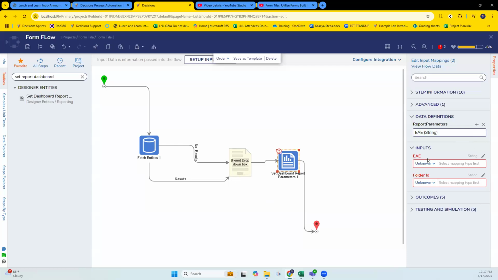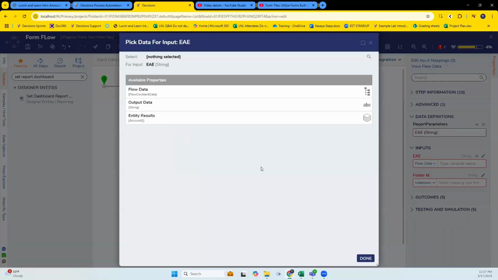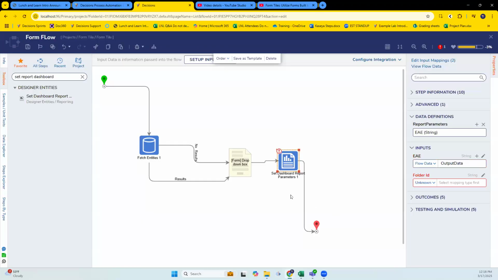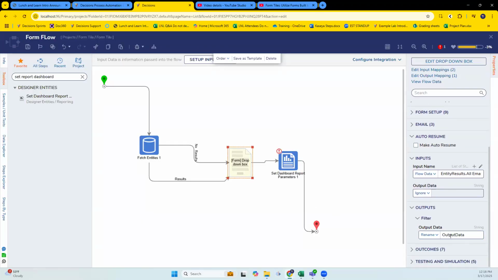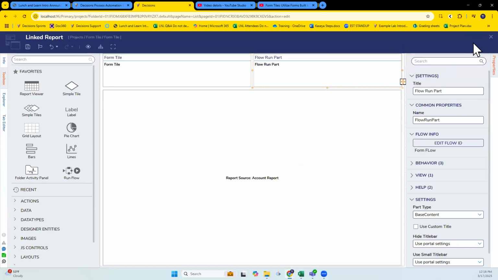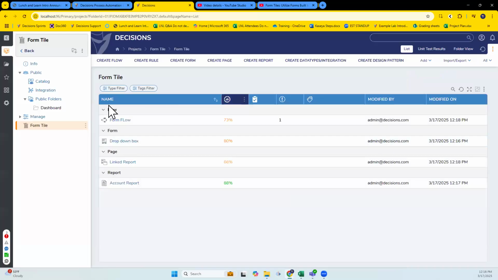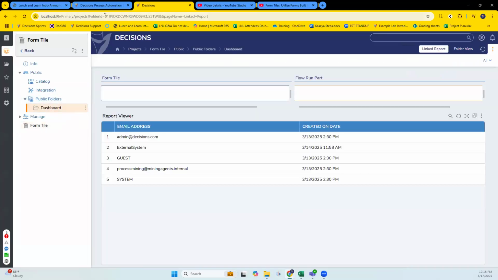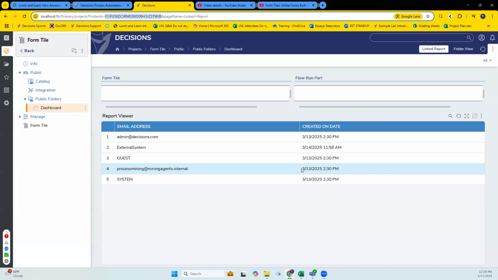Now that I've added that, I can take this from flow and say, okay, what am I getting out of my form? That's called output data. How do I know that? I click here and go, oh, my output is called output data, right there. And the folder ID here is going to be a little bit of a spot, but it is the folder ID of the page itself. So if I go over here, I should be able to select this folder ID right there. Control C, just because this is the page that it kind of lives on.